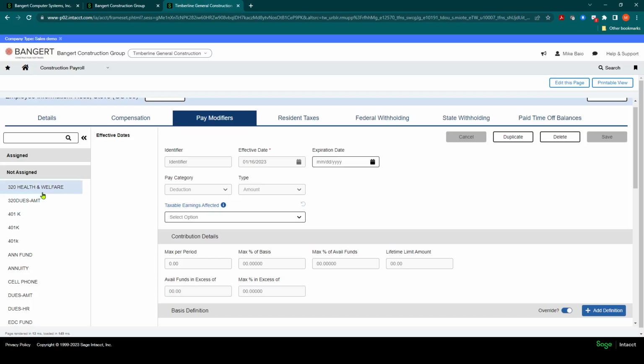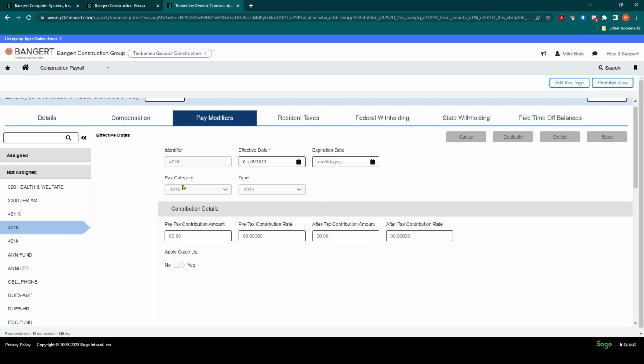And now when you need to activate one for this employee, you're going to simply click on it. So for example, 401k, it'll pull the information in from the setup of the 401k, and you need to come into here and establish an effective date. So we'll say 1/1. If there's an expiration date, fill that in there as well. It might be an employee loan and there's an expiration date on it. You can use that. And you'll notice this is just the contribution portion of the 401k. The match portion, if any, would have already been set up in the pay modifier, and that will happen automatically. So this is the contribution side.